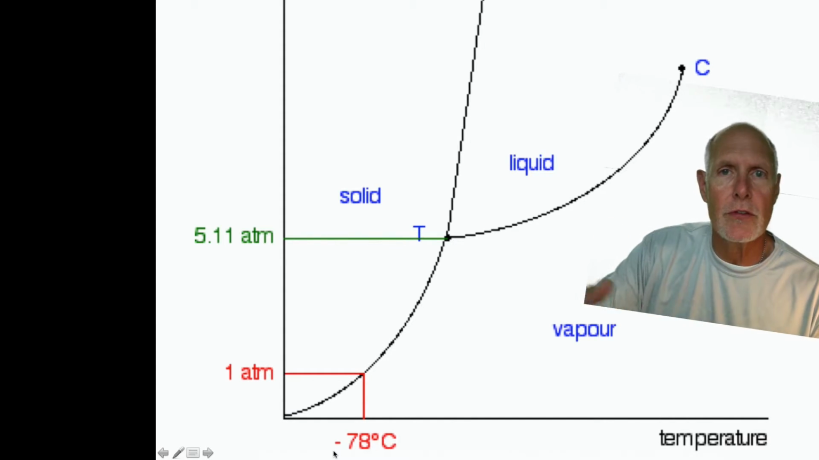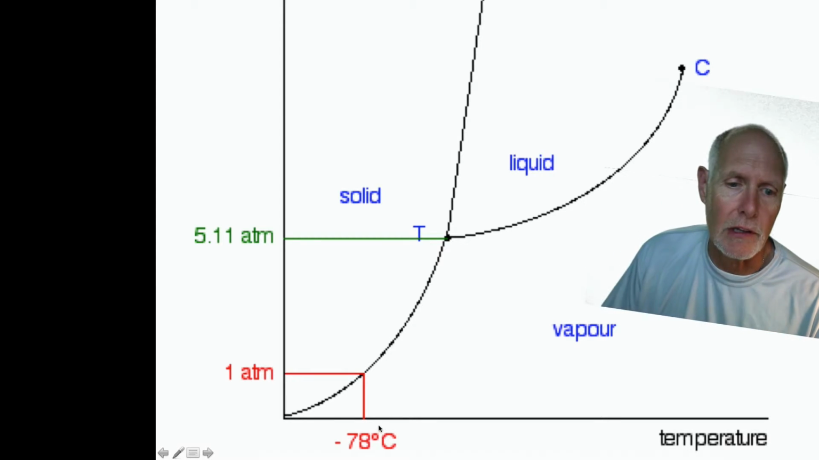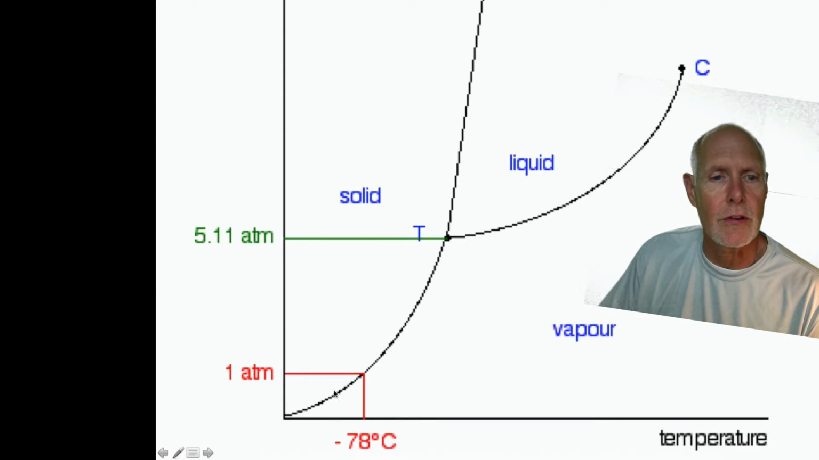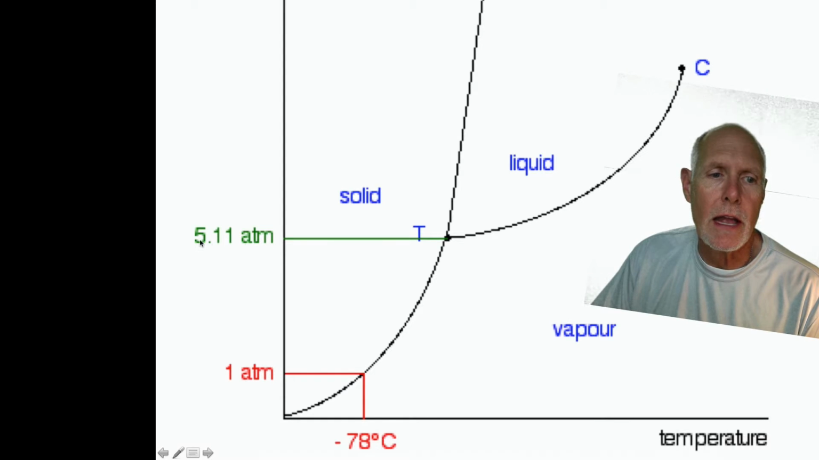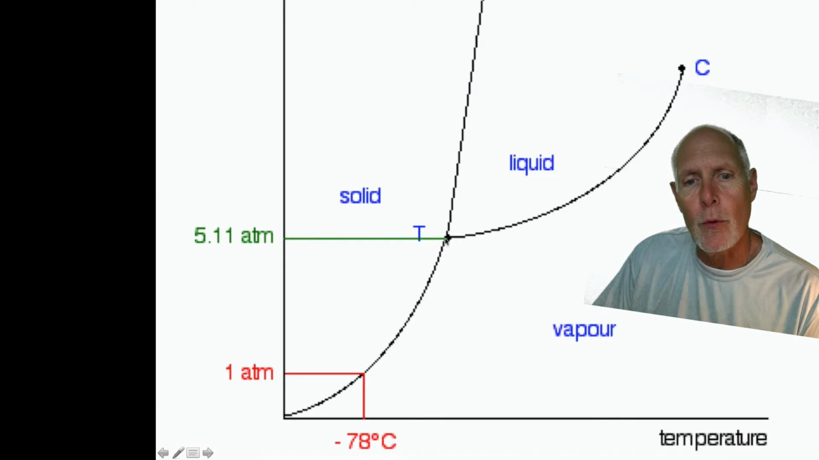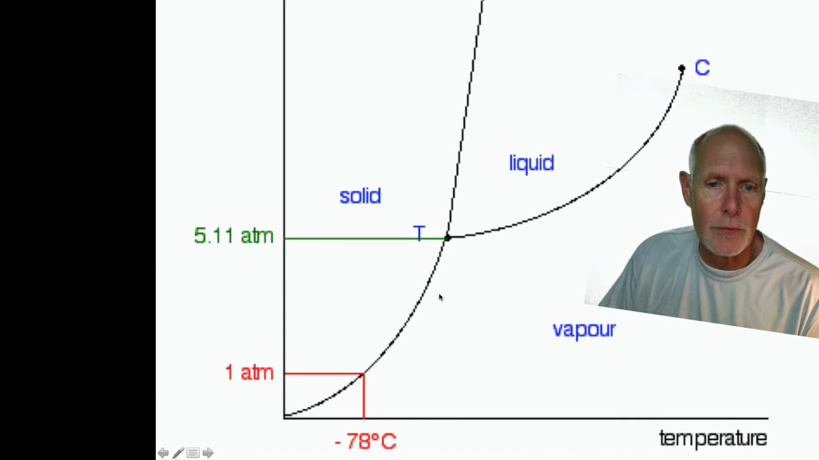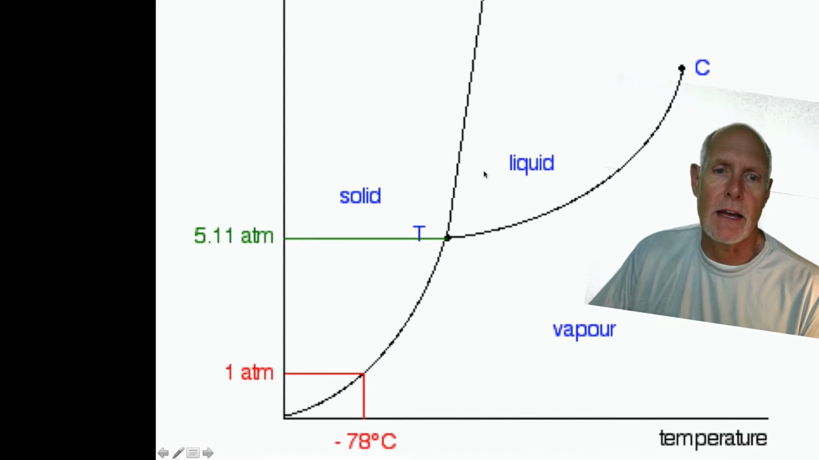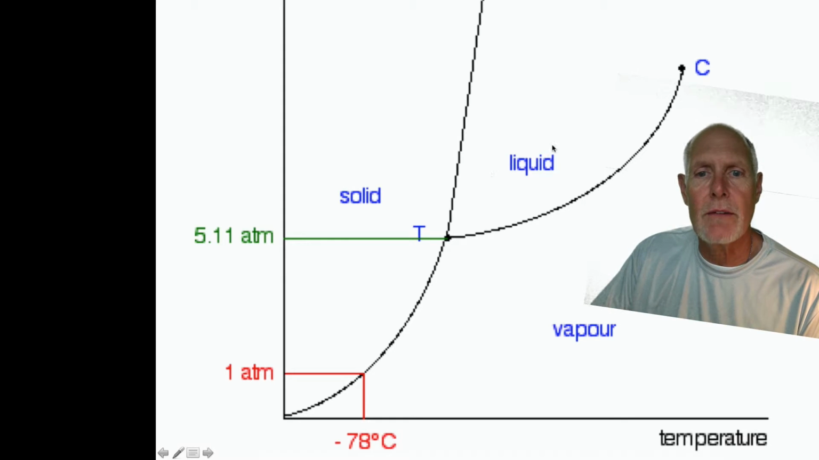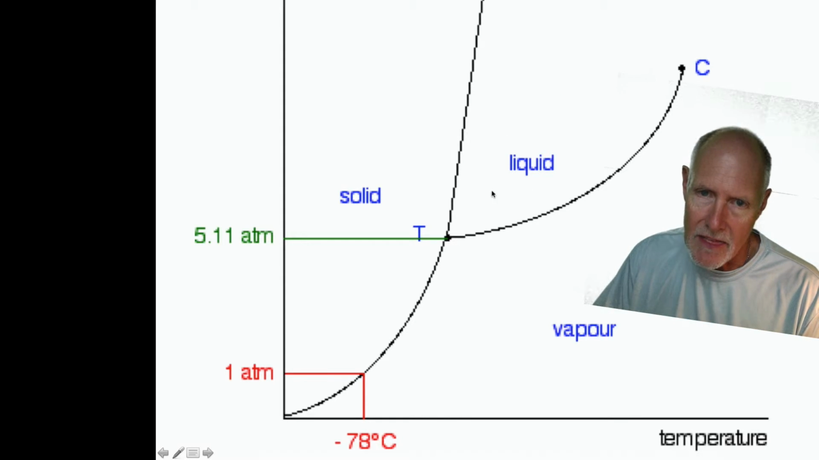So the freezers that they keep dry ice in are actually lower than minus 78 degrees Celsius. You'll notice over here at 5.11 atmospheres of pressure, there's a green line that goes over to this point right here. This is called a triple point because the 3 phases come together at this point. You have the gas, you have the solid, and then you have the liquid stage that happens in this area